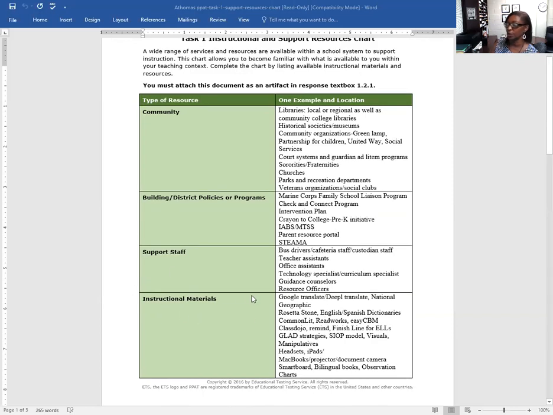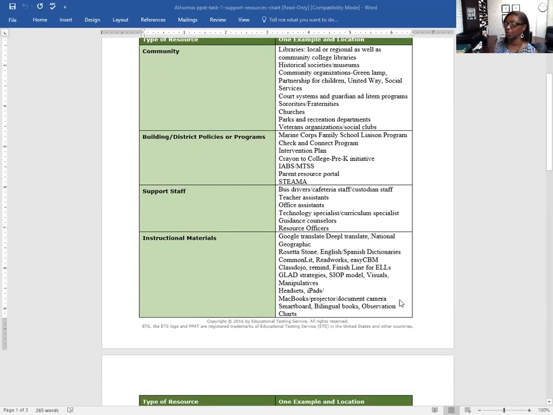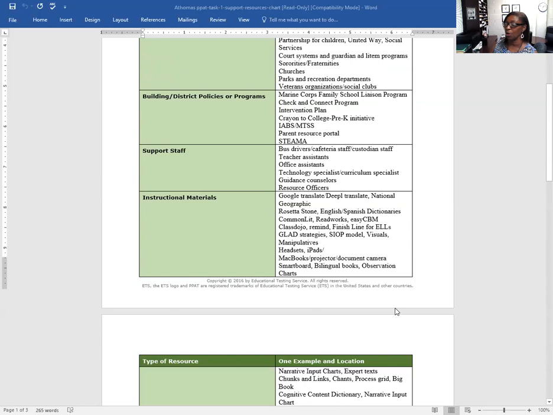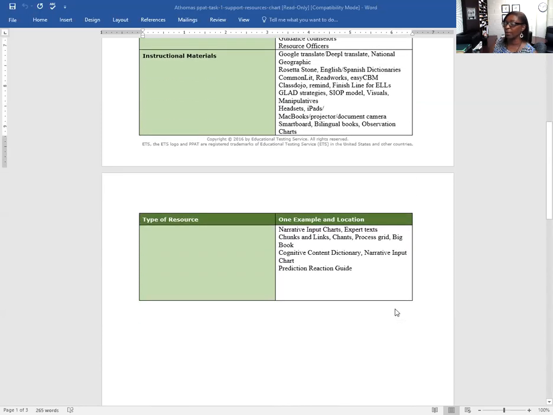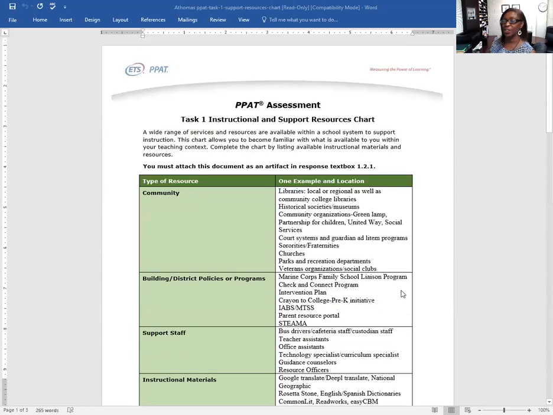For your instructional materials, he's listed some: they have Google Translate, National Geographic, Rosetta Stone, English and Spanish dictionaries, and a lot of things that are available to the students. And the person has listed MacBooks and smart boards, okay? And it continues. Okay, so the next item I want you to look at today